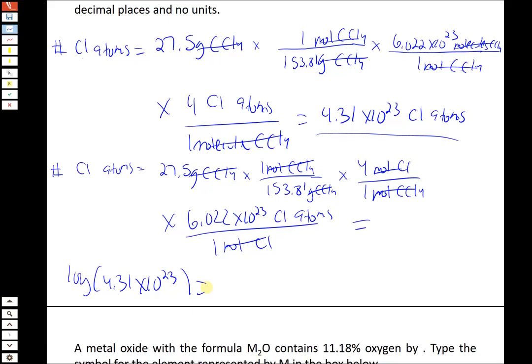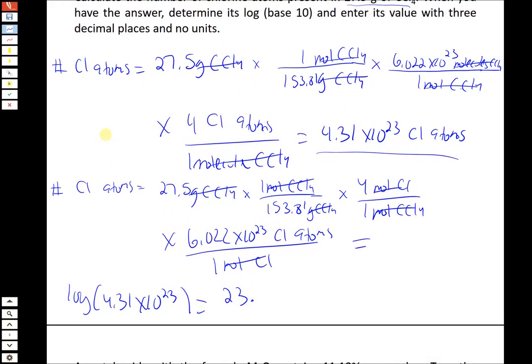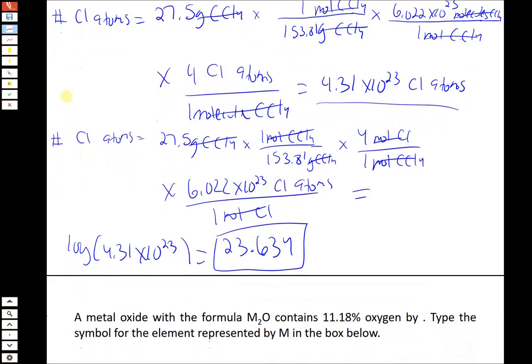let me see. And then the log of that should be 23. And they want 3 decimal places, which it should be, so 634 is what I got. Alright, so that's going to be the way we handle that problem. So it's more steps, but we still have to remember this step here of using the chemical formula to convert between number of molecules and number of atoms in this